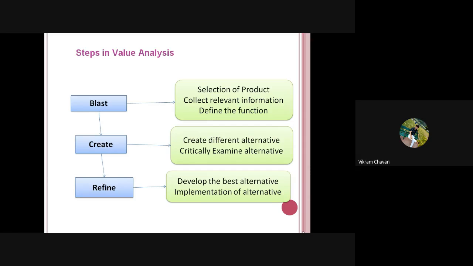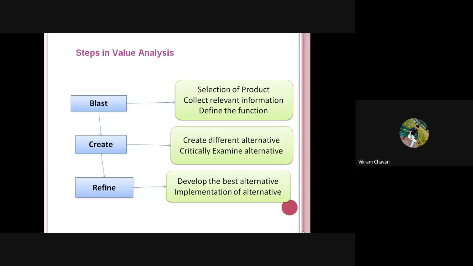The production is going on and the sale of that particular product is going on in the market. That is nothing but the existing product, and this value analysis is applicable for the existing product. And we have discussed when to apply the value analysis for certain products. We have discussed that if the sale is declined, then in that case one has to